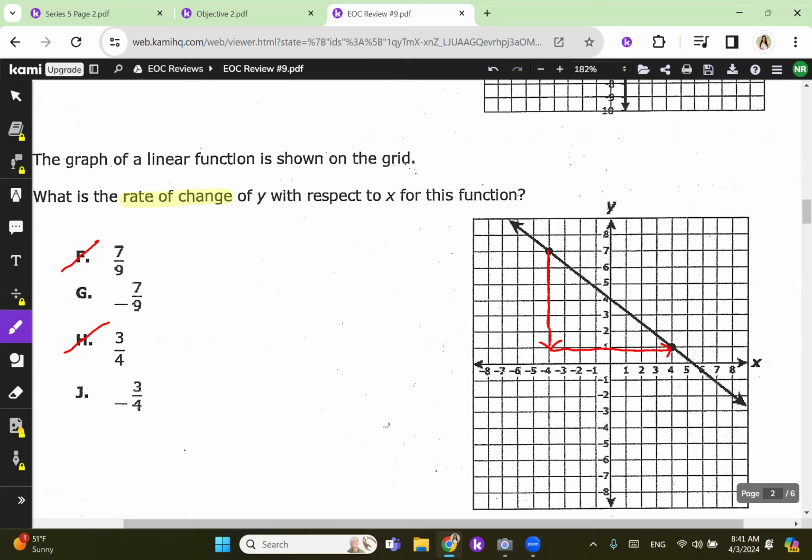Down how many? 1, 2, 3, 4, 5, 6. And to the right, 1, 2, 3, 4, 5, 6, 7, 8. And -6 over 8 simplifies to what? So your answer is